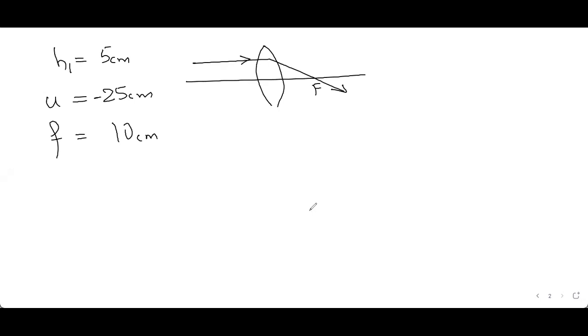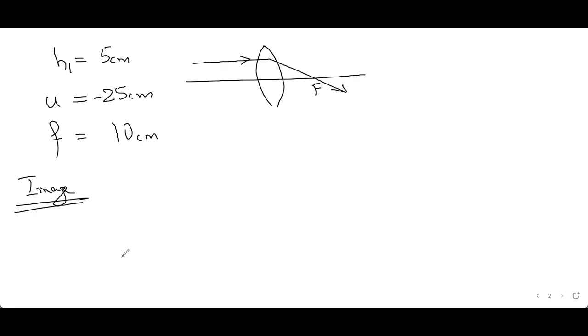So, beta, we need to know the sign convention properly. We are using a converging lens, so a convex lens. We are keeping the object in front of it, so u has to be minus 25. Of height 5 centimeters, h1 is 5. Focal length is 10 centimeter plus, because the focus will come on the opposite side. Then it asks to determine the position, size and type of the image. It asks about the image.